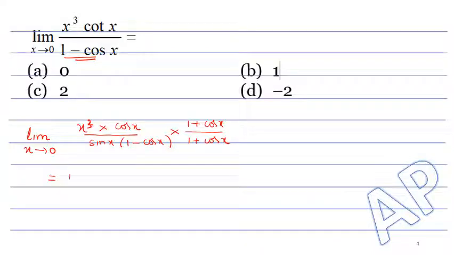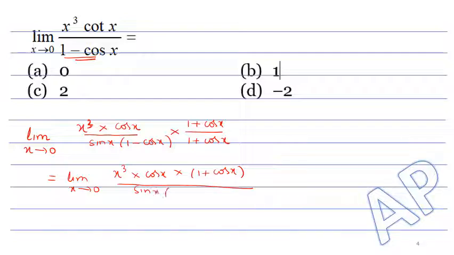Therefore, required limit becomes limit as x tends to 0 of x cube into cos x into 1 plus cos x divided by